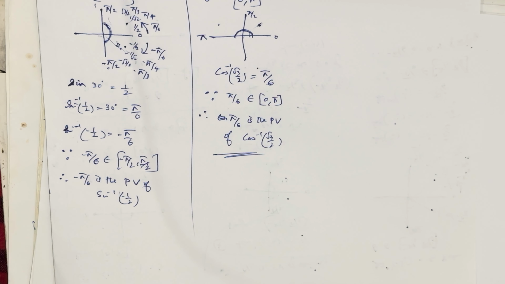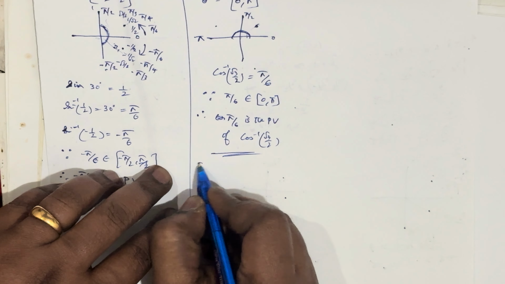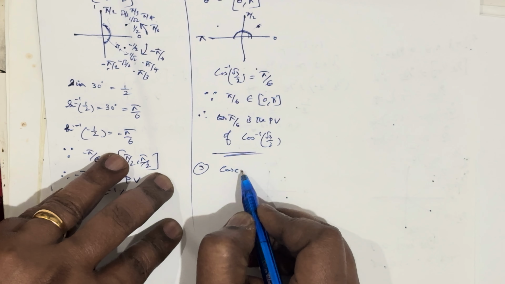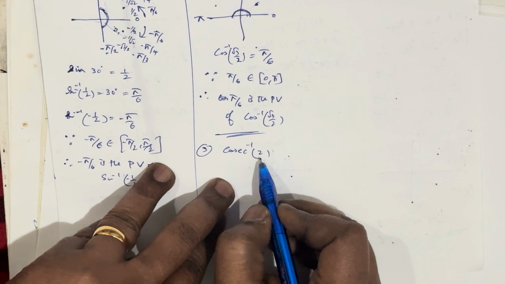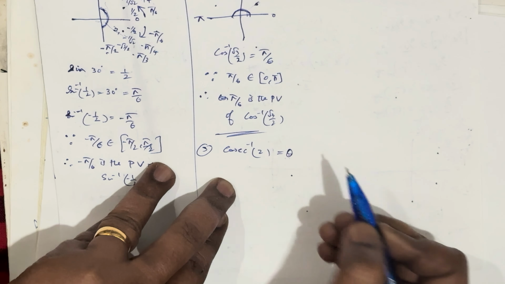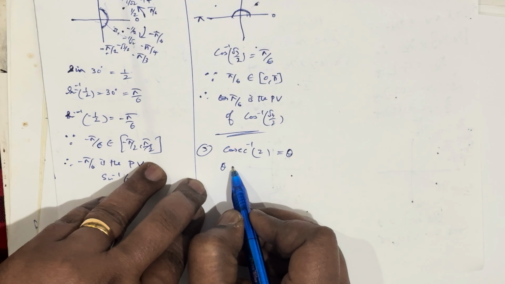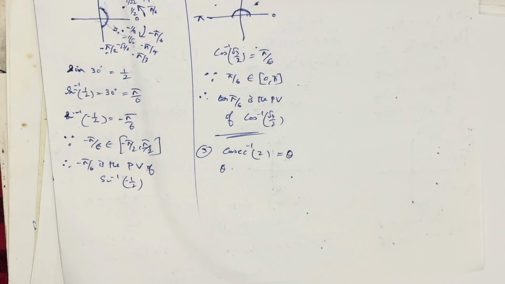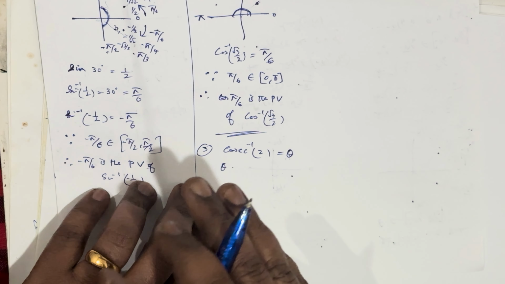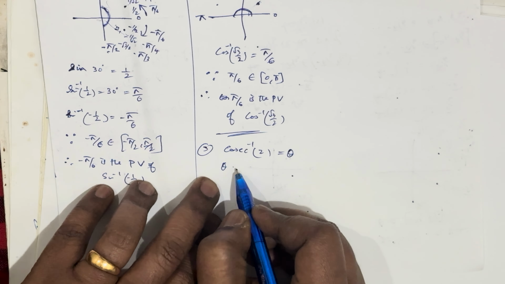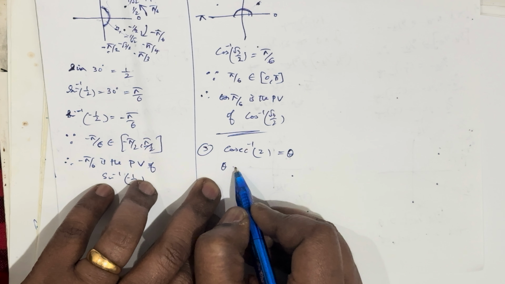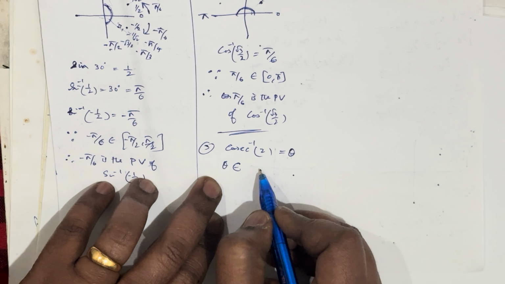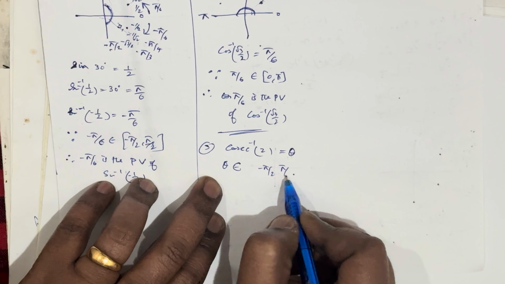Okay, now the third question is cosecant inverse 2. Again, cosecant inverse 2 must have an angle theta, and this theta must be in the range of cosecant inverse, the principal value branch. What is the range of cosecant inverse? The range must be minus pi by 2 to pi by 2, closed interval,